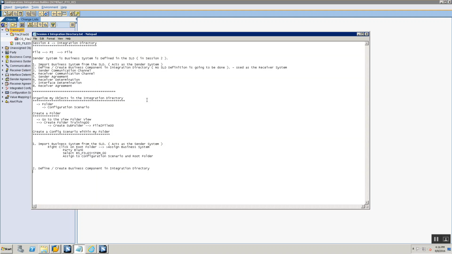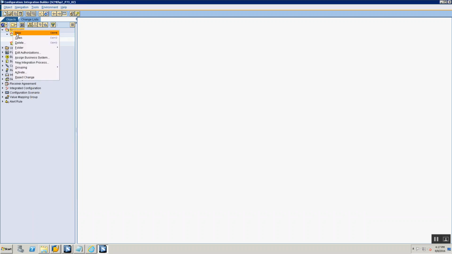What is the difference between a business component and a business system? A business component is not created in the SLD. A business system is created in the SLD. That is the underlying difference. Okay. So let's say new,